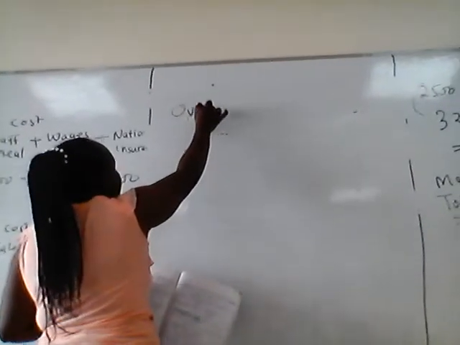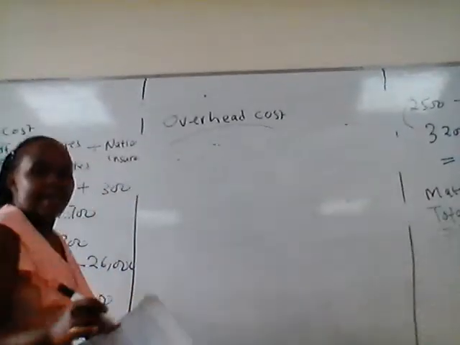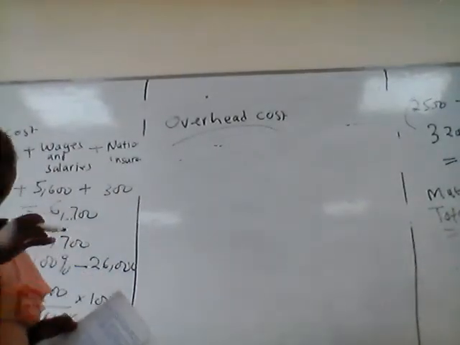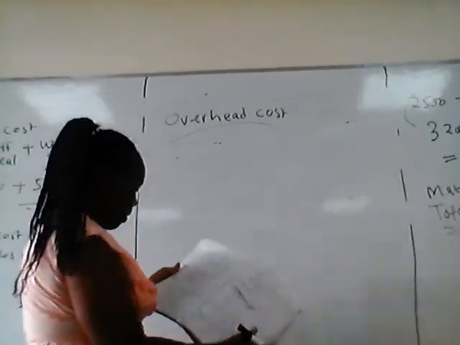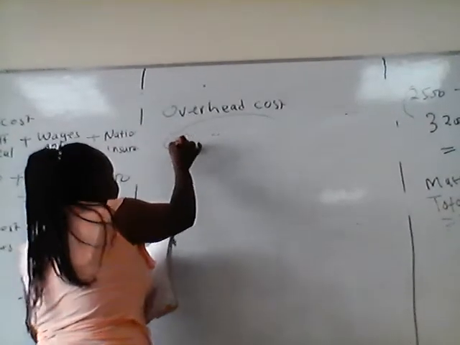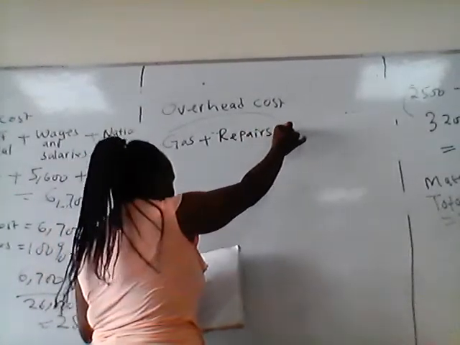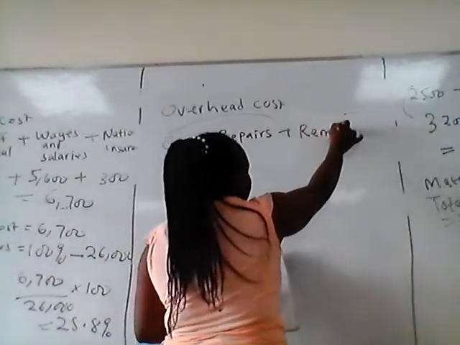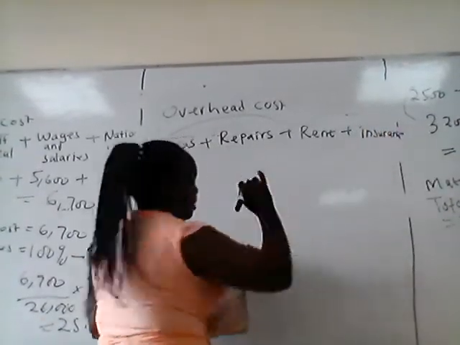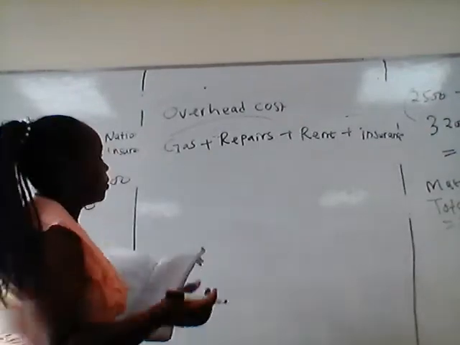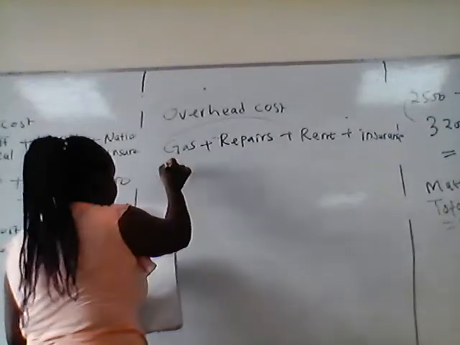Overhead cost. We say overhead costs are costs other than the expenses of running the business, other than the labor cost and material cost. So our overhead cost will be the gas plus repairs plus rent plus insurance. And I said you master this overhead costs because sometimes in the next exam you are told to list examples of overhead cost. So insurance plus postage